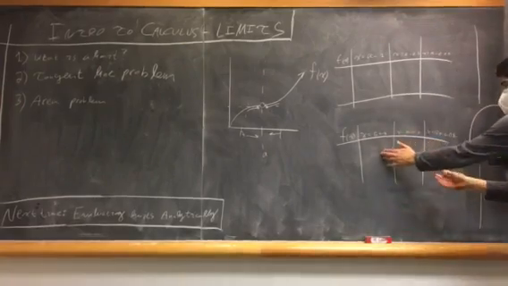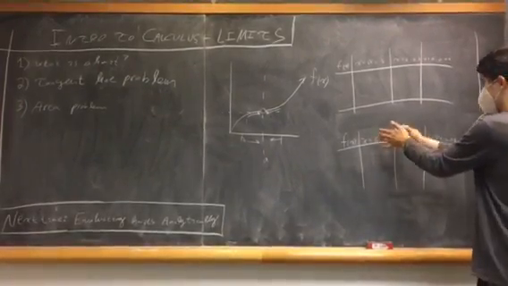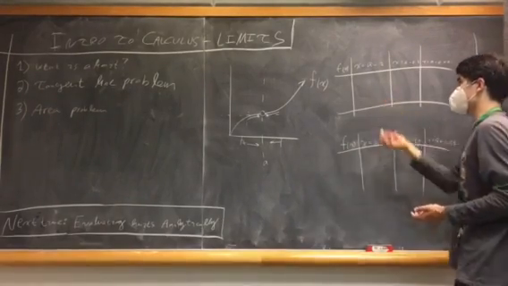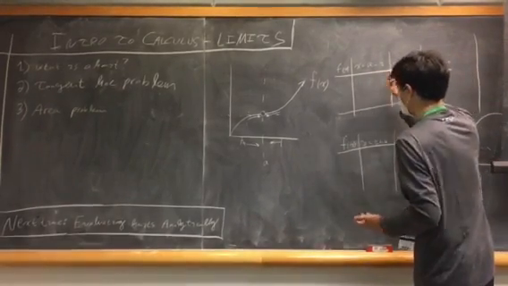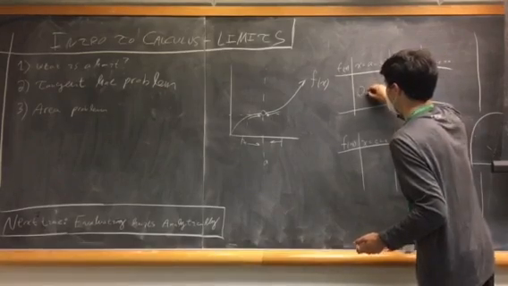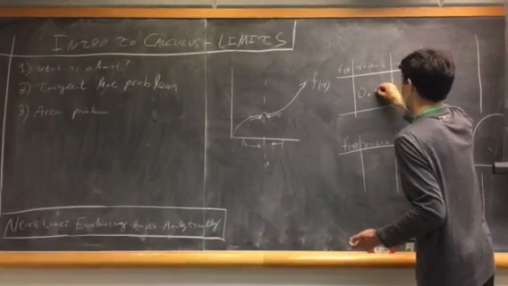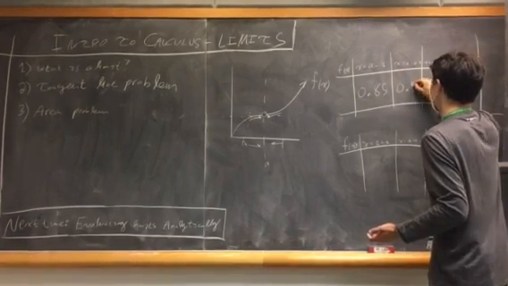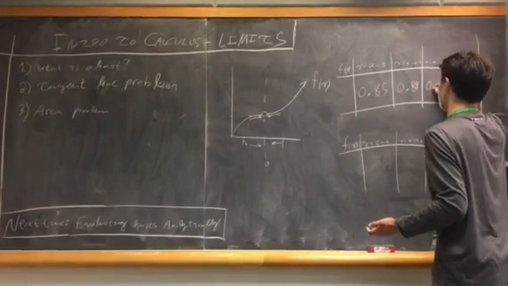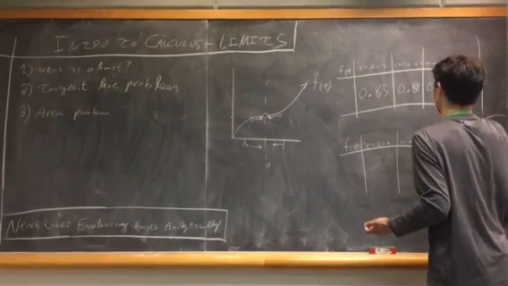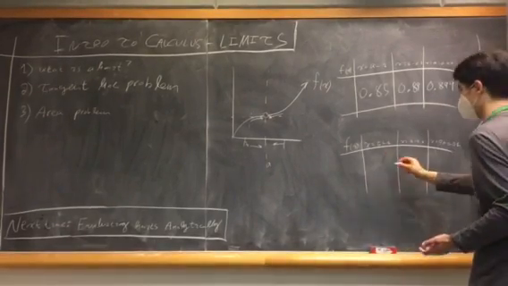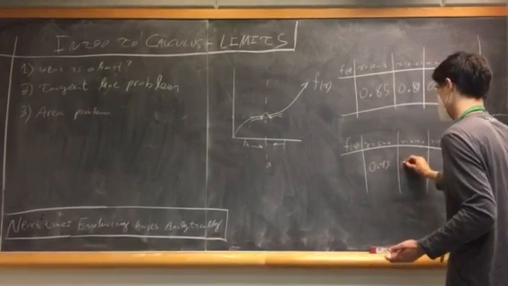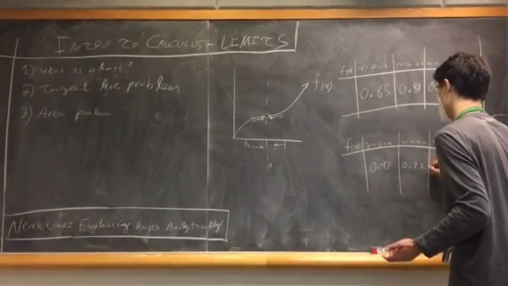You see, with each successive step, we're moving closer and closer to x equals a. We can fill out our values. Let's say our values are 0.85, 0.89, 0.899, and then here we get 0.95, 0.91,